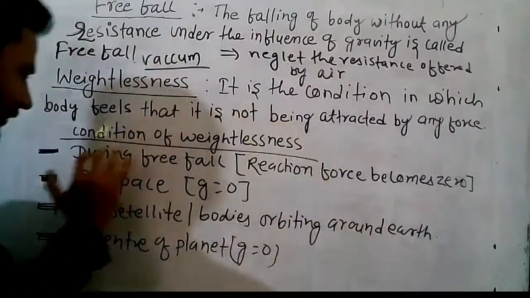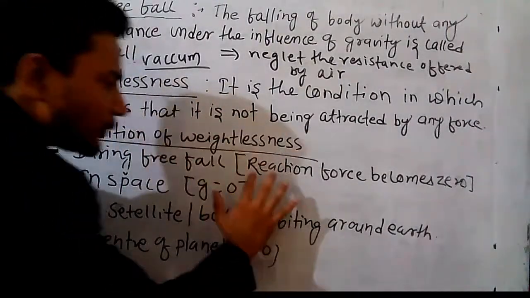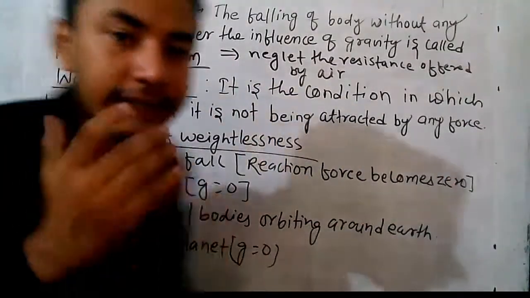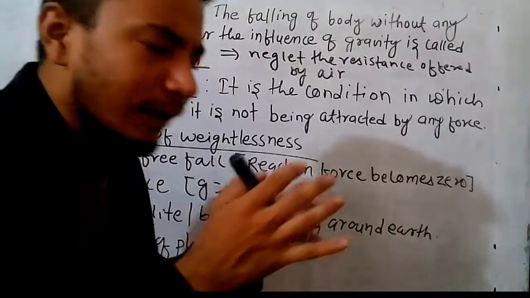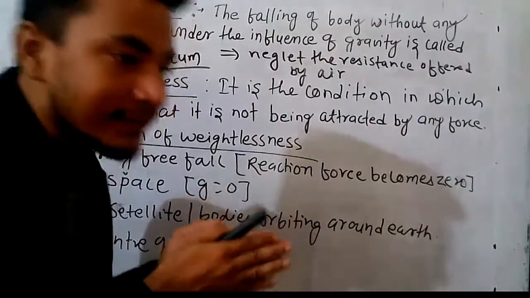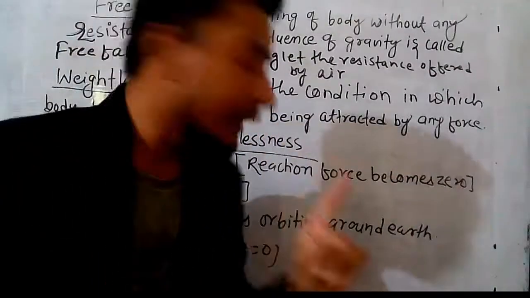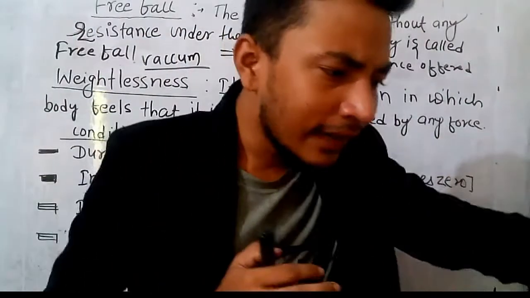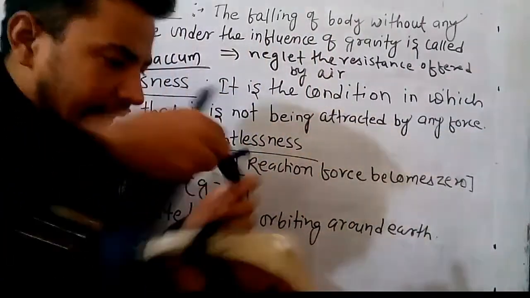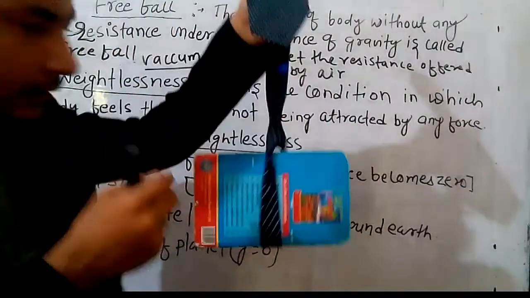Now the question comes here, sir, why does weightlessness occur during free fall? Because the reaction force becomes zero. If you understand reaction force once, then you understand the whole thing about weightlessness, why weight becomes zero in free fall, and you can give the reason yourself. But you have to understand reaction force. To understand reaction force, I am going to use this object, my book of class 10. Suppose this is a beam balance. Listen carefully.